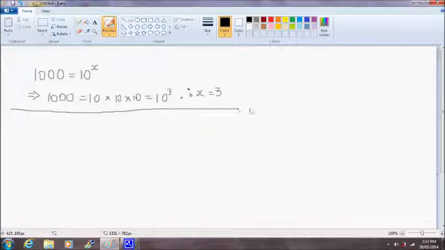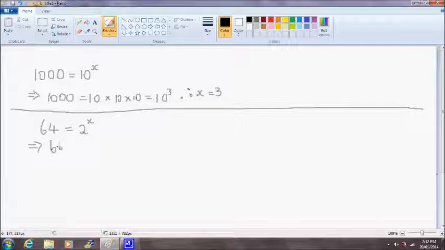Let's do another example. Suppose I have the number 64 and I want to know what power of 2 would equal the number 64. So 2 to the what power would equal the number 64, and 64 I happen to know is equal to